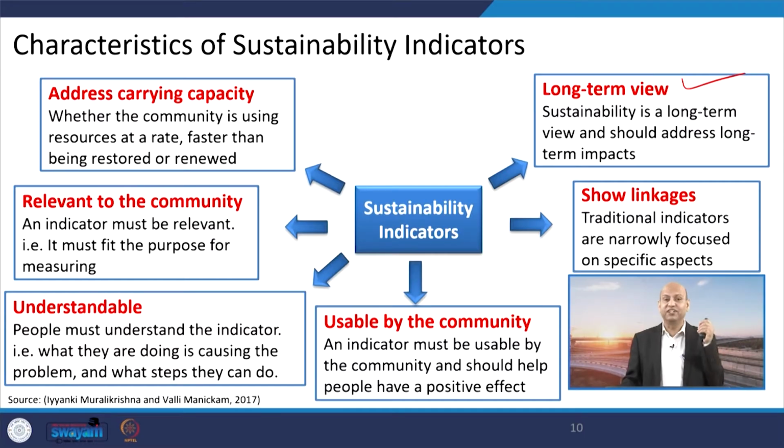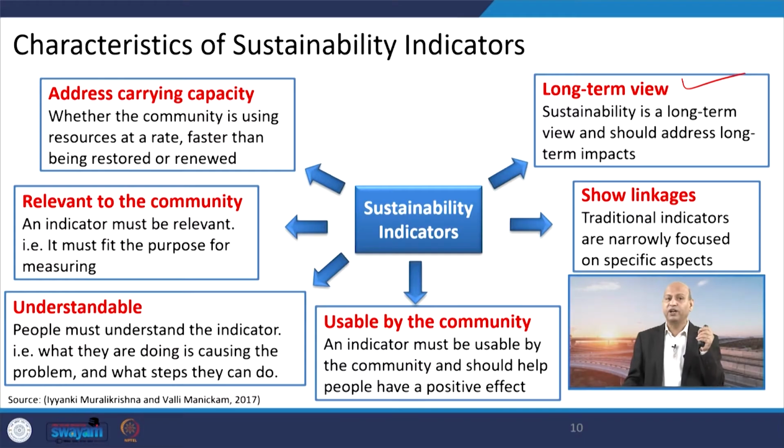Okay, then it should be understandable. That is why these kinds of iconic activities or color schemes, all these indices, can really help people to understand those indicators. Then the relevance to the community, because sustainability indicators in rural areas will not be like urban areas, because the population segment is different, their economic level and their education level are different. So, according to the community, the indicators must be in different manners.